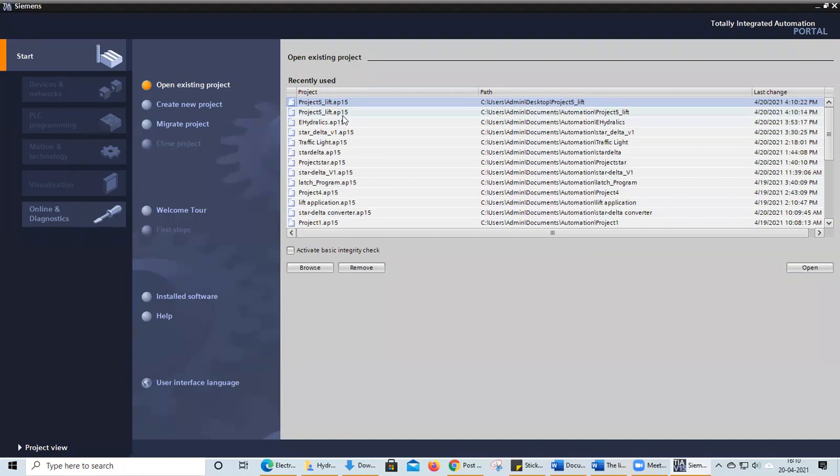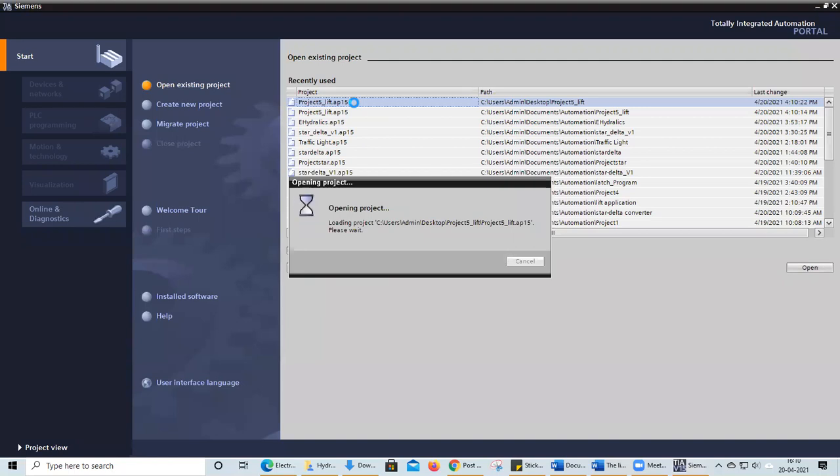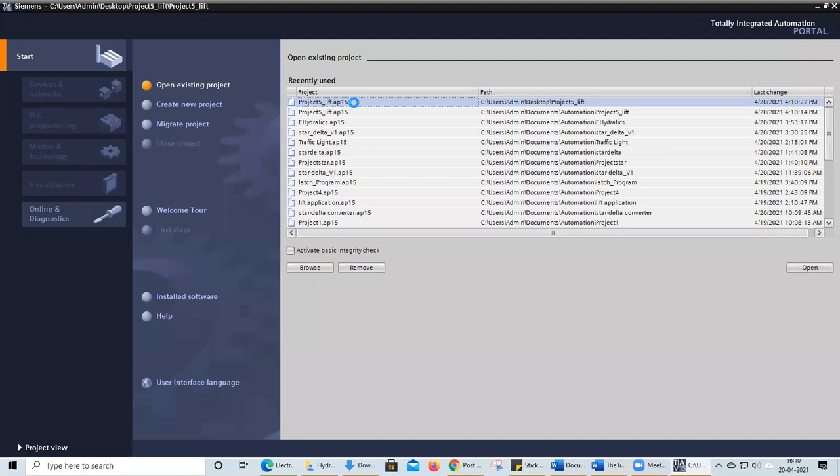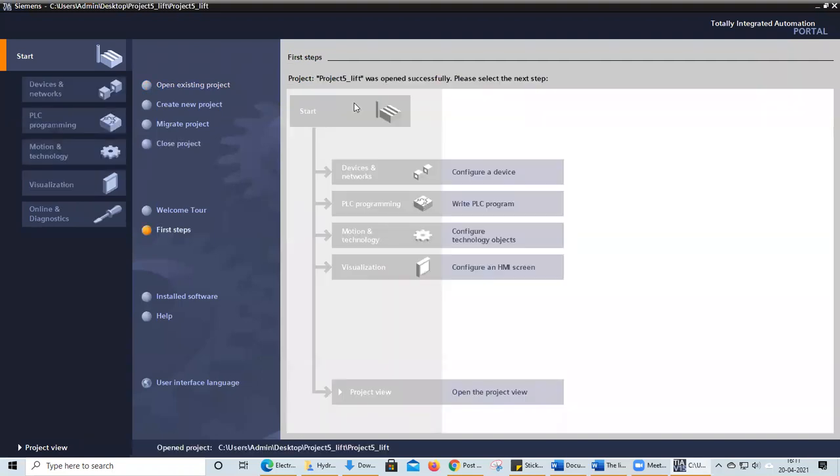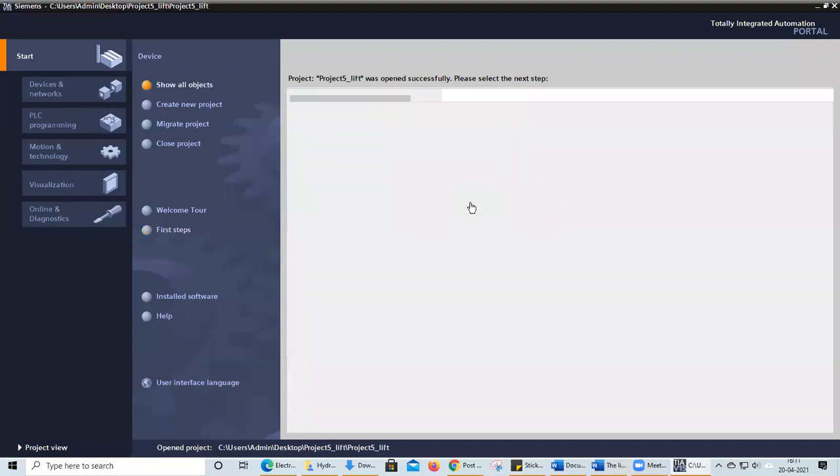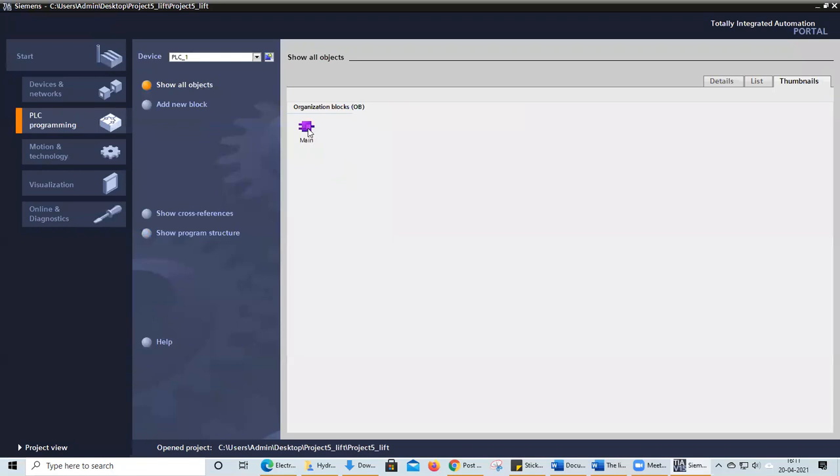Okay, this is our application, Lift application. We'll go for writing a PLC program. We'll go directly into the project, main block.